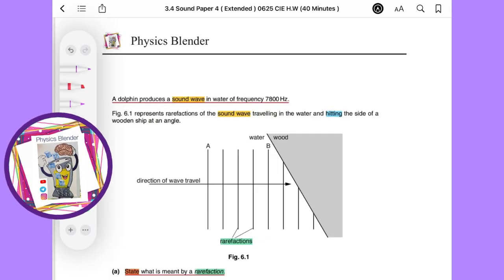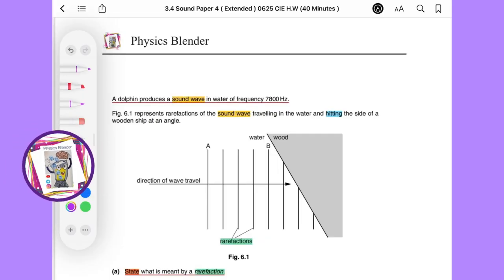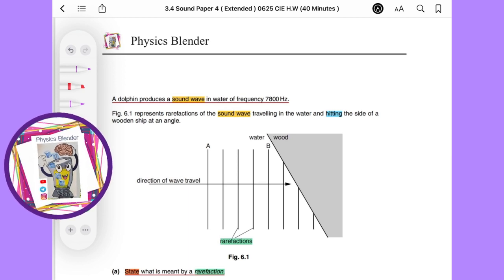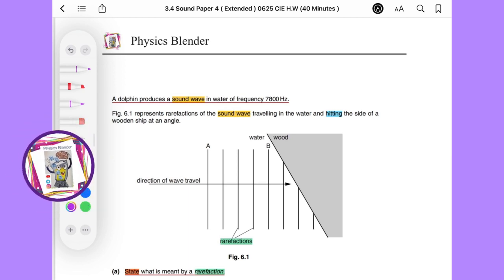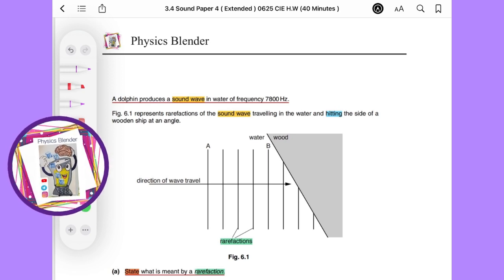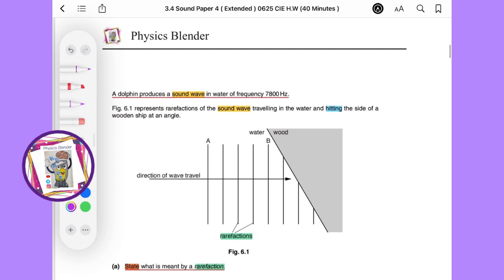Hello everyone, welcome to Physics Blender e-learning platform. Today we are discussing your answers about sound waves. Paper 4, we have homework for extended candidates. Question number 2, we have a dolphin that produces sound waves in water. The frequency is